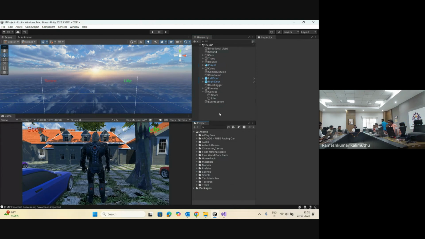Now I have declared two text variables and I have aligned them in my UI on the screen. Basically, we used to call that a HUD, heads up display. All these updates will come in the top layer or top panel of the game, so we simply call that the HUD. Okay, so now once you have done this,